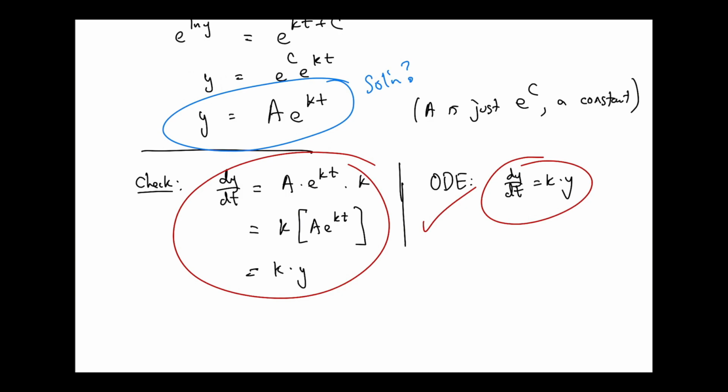All right, so, now, this differential equation, if k is negative, it describes decay, because e to the minus something t is going to decrease over time. And if k is positive, we're going to get exponential growth. Okay, so